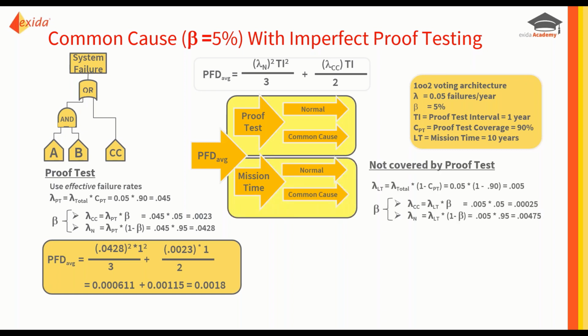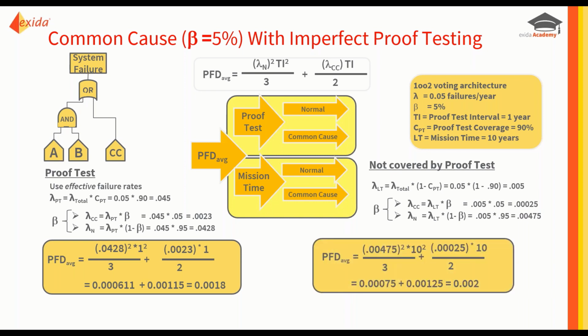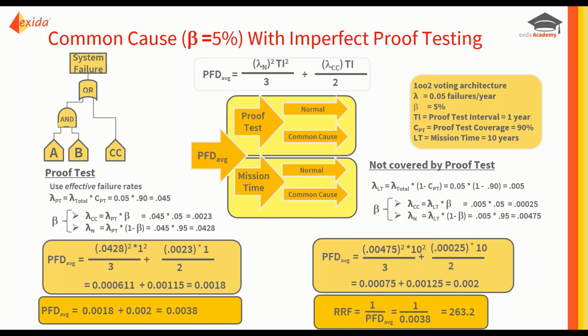So now let's look at the portion not covered by the proof test, in other words, what's left over for the mission time. We're taking the same approach: our mission time portion is going to be our total times the 1 minus CPT, which gives us 0.005. And then we work out the common cause contribution and the independent contribution as before. If we plug those numbers in, we end up with 0.002. If we add those two together, we end up with 0.0038, which of course is a SIL2 with a 263